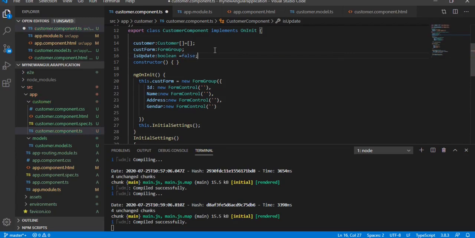For the first time when you are adding the data it should be false, and if you are updating the information, it should be set to true.